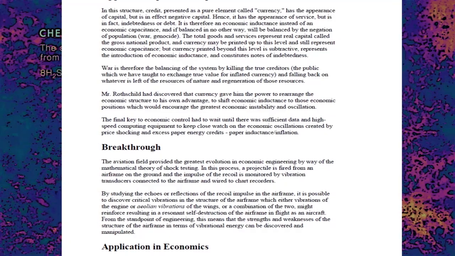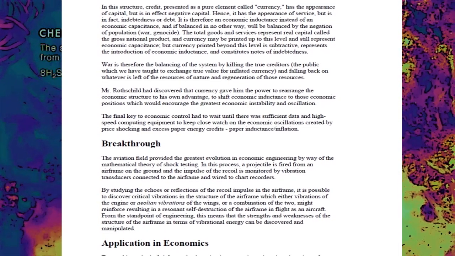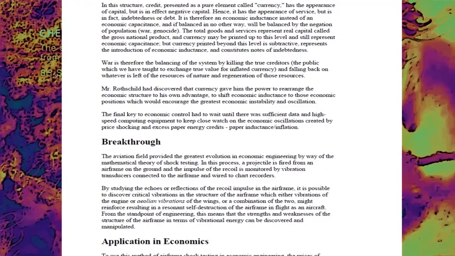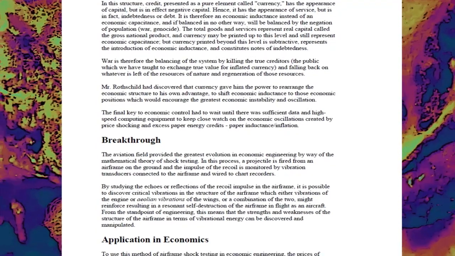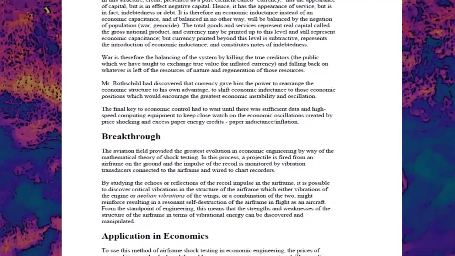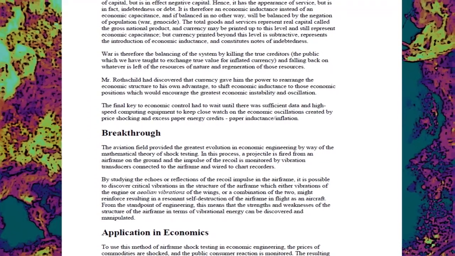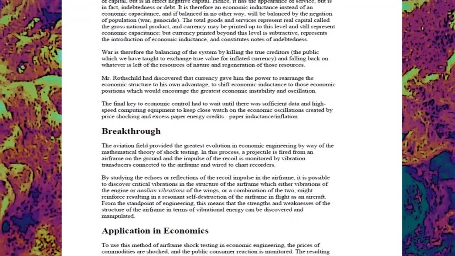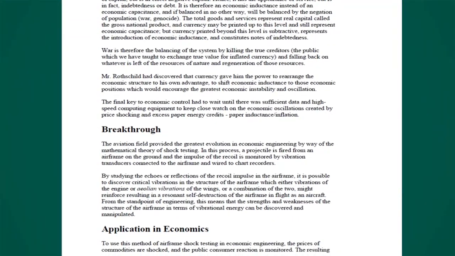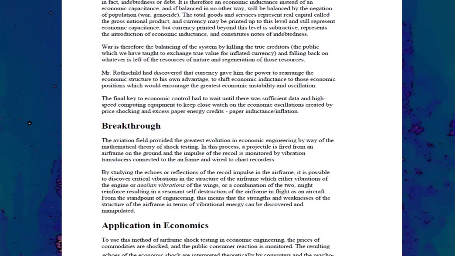War is therefore the balancing of the system by killing the true creditors, the public, which we have taught to exchange true value for inflated currency, and falling back on whatever is left of the resources of nature and regeneration of those resources. Mr. Rothschild had discovered that currency gave him the power to rearrange the economic structure to his